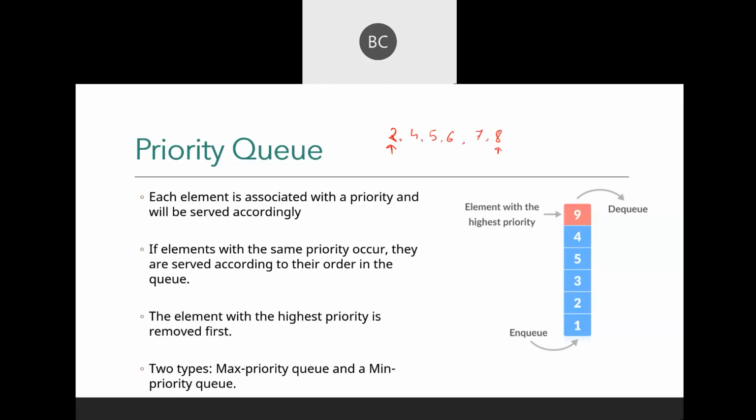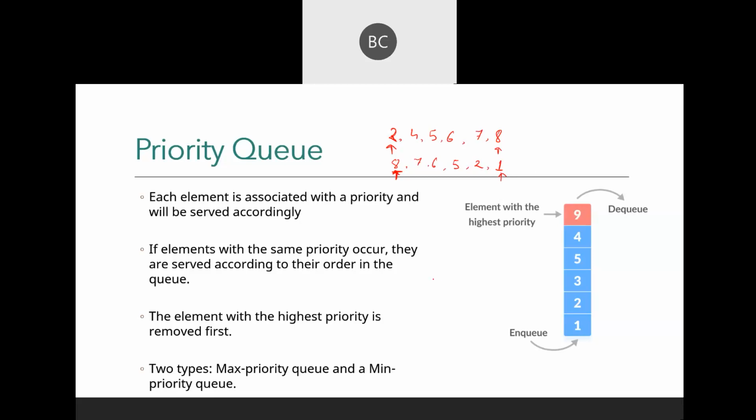Okay, the least number element will have the highest priority. Descending order priority, or max priority, means it will be the opposite. You arrange items in descending order: 8, 7, 6, 5, 2, 1. Then 8 will have the highest priority and 1 will have the lowest priority.